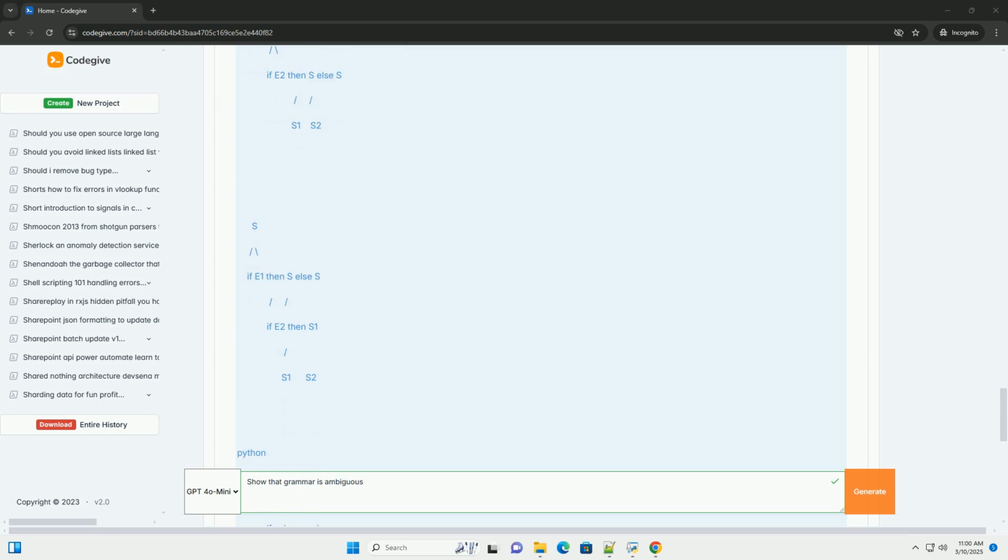How to resolve ambiguity? Since ambiguity is undesirable, we need ways to modify the grammar to make it unambiguous. Here are some common techniques. 1. Operator precedence and associativity. The most common way to eliminate ambiguity in arithmetic expressions is to enforce operator precedence and associativity directly in the grammar. For example, in this grammar, E represents an expression, T represents a term, multiplication,